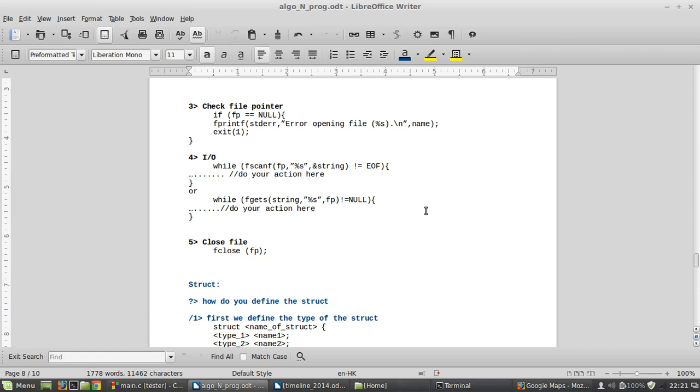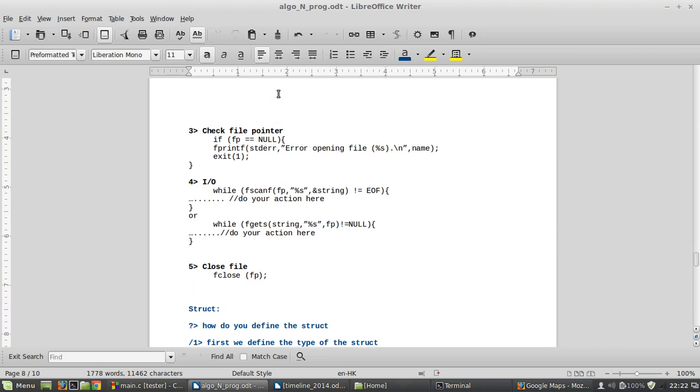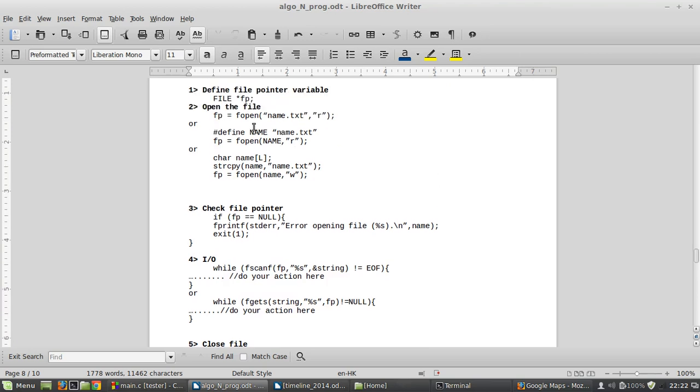Okay, now for the input and output operation for that file, you have to use the following functions. What I am using here is fscanf. What fscanf does is read from the file pointer that you have. You are opening the file, right? The file pointer is assigned to the function that opens and reads the file, and